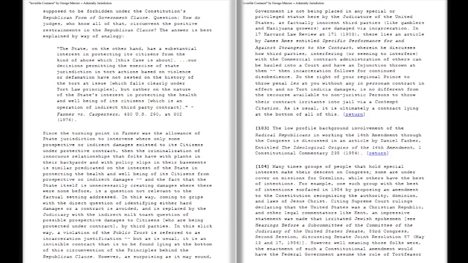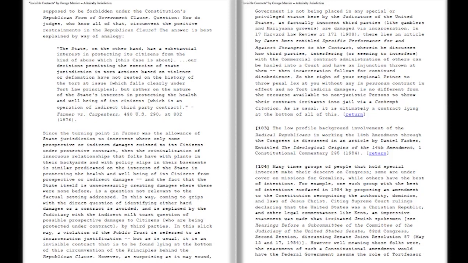In 17 Harvard Law Review at 171, 1903, there lies an article by James Ames entitled Specific Performance for and Against Strangers to the Contract, wherein he discusses how third parties, interfering, or seeming to interfere, with the commercial contract administration of others can be hauled into a court and have an injunction thrown at them, then incarceration follows for